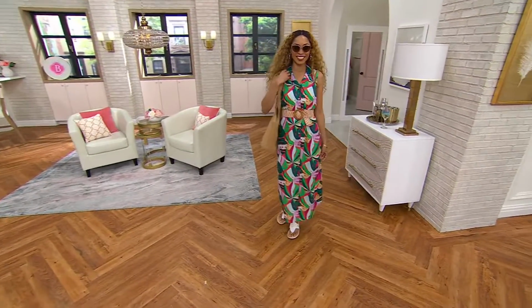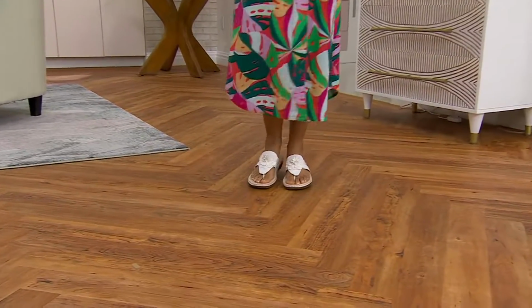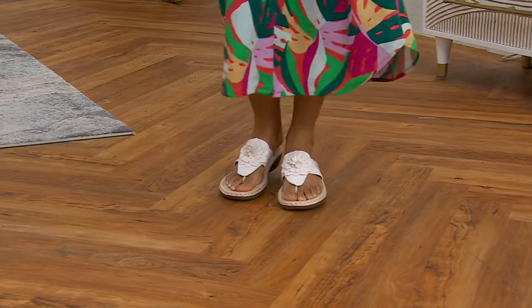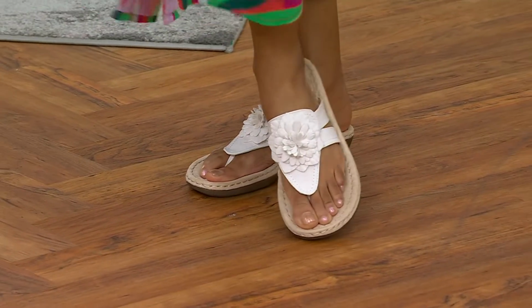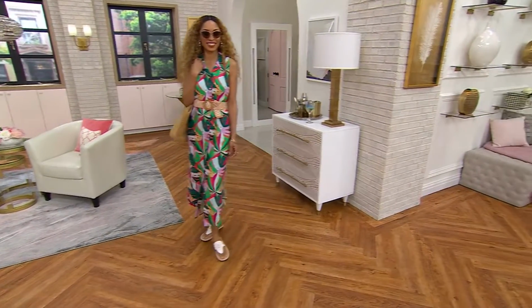Oh my gosh, so that's the white in our shoe that I'm going to get to. Cliffs by White Mountain is the brand, but I was certainly distracted by the whole look. Jen upstairs goes, I want to go where she's going. Well, guess where she's going for the next 3 hours? Here, Studio Park. But she's going right now in this fabulous sale price, under $50 thong sandal called the Cassia